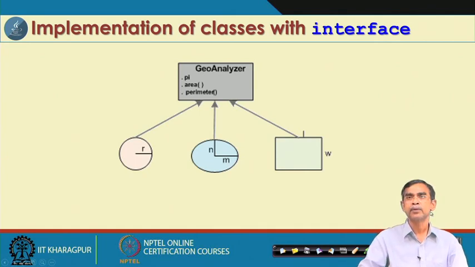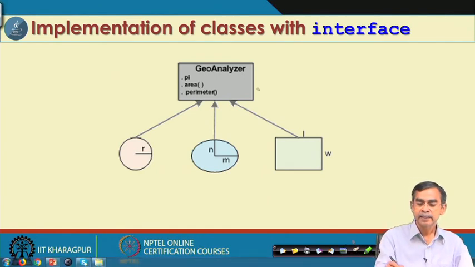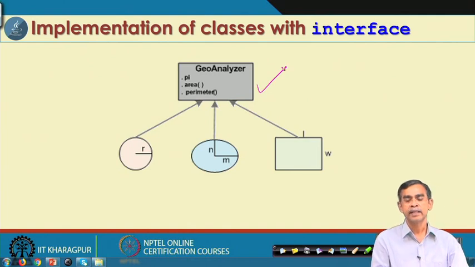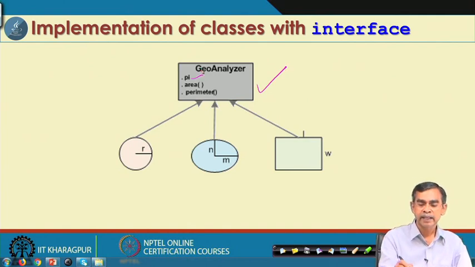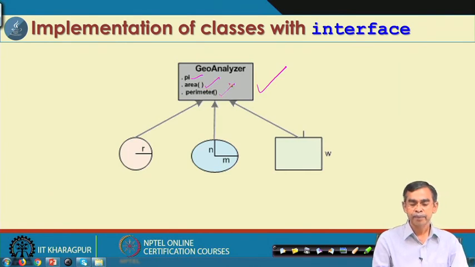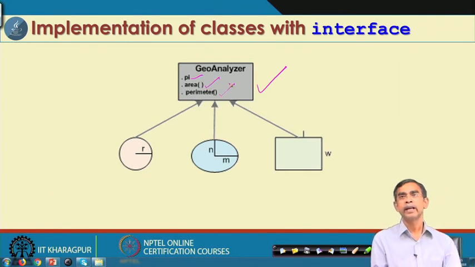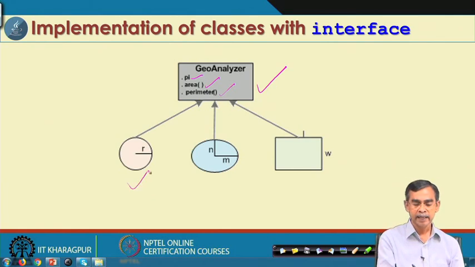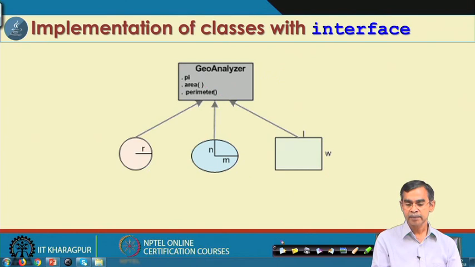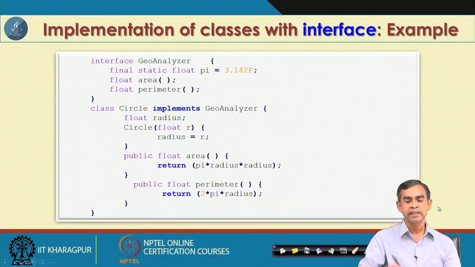Now, here is a quick example. This is a very nice example to understand the concept of the interface. It is along the same lines as the abstract class example that we discussed earlier. Here you can see this interface structure: as you know, its members are static and final, and the methods are abstract and public. We want to create three types of objects, circle, ellipse and rectangle, using this interface concept. Let us have a quick look at how it is possible.